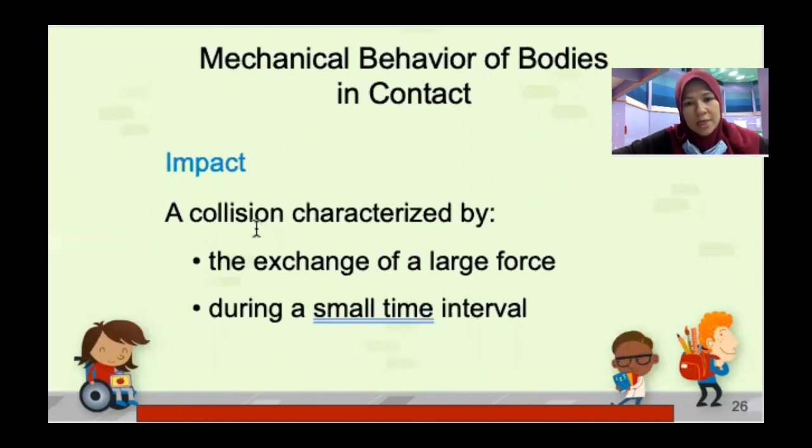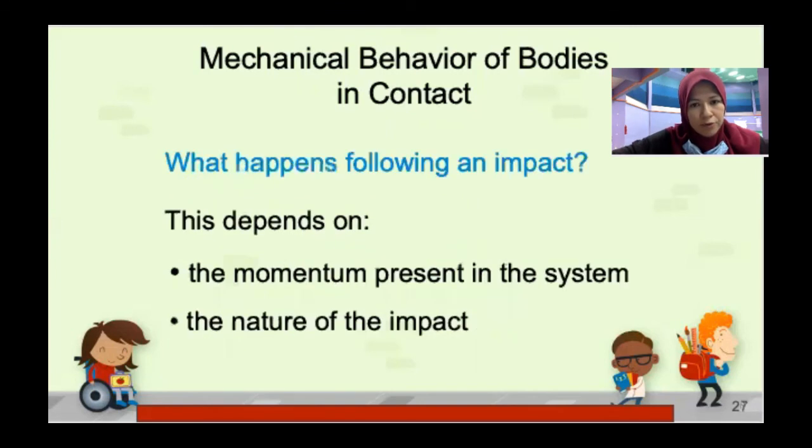So, the mechanical behavior of bodies in contact akan berlakunya impact, which is a collision characterized by the exchange of a large force during a small time interval. Okay. For what happened following an impact, this depends on the momentum present in the system and the nature of the impact. Okay, so kalau kita buat apa-apa pergerakan yang laju yang melibatkan